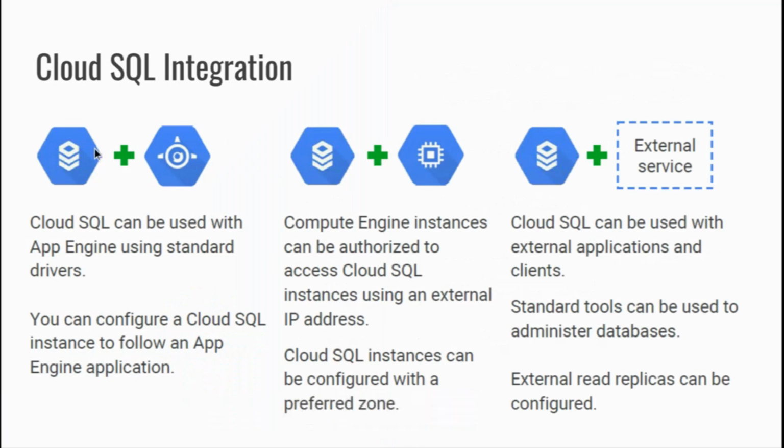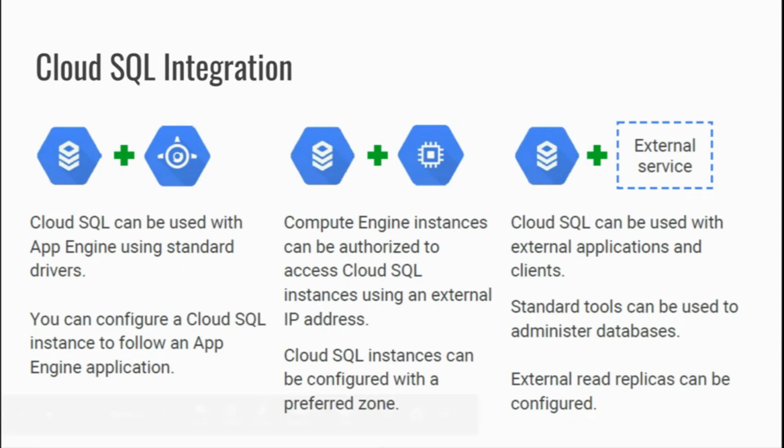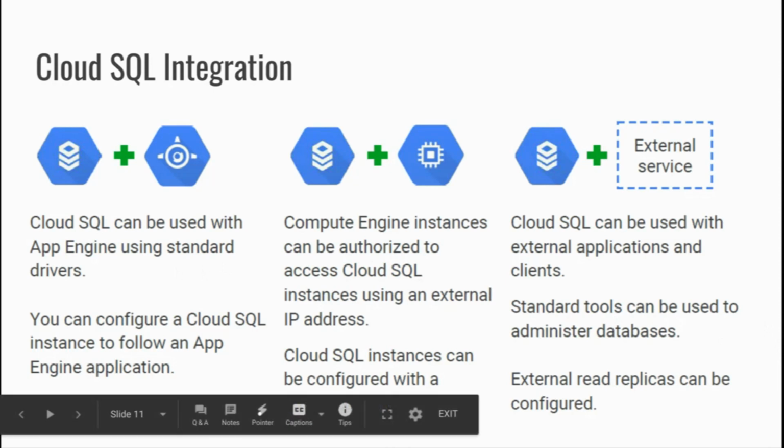Now, similar to any other table, it provides integration with your App Engine. App Engine is where you deploy your application. It can be a Java application or Python application or any other application. It can also integrate easily with your Compute Engine instances via a command line utility or any application that you deploy, or you can connect it with any external service, because as I said, it is just a regular API that you connect to as you do with your MySQL or PostgreSQL.